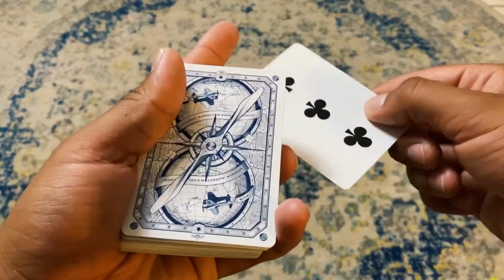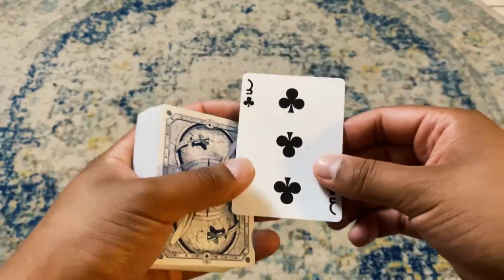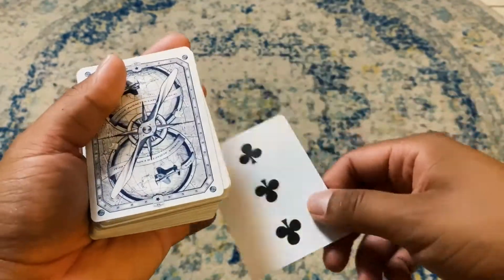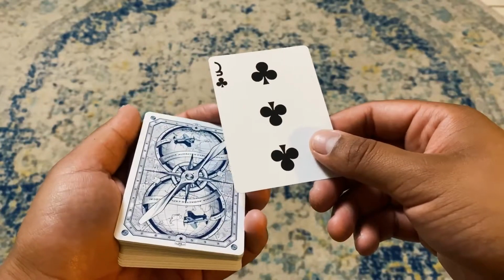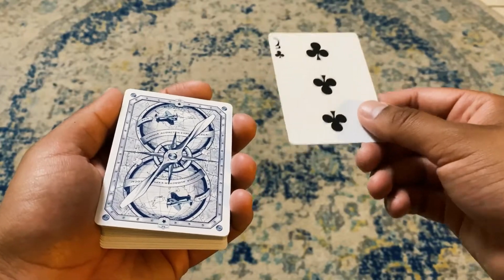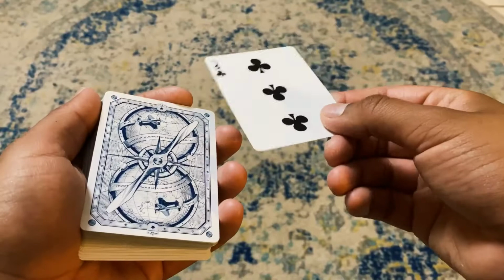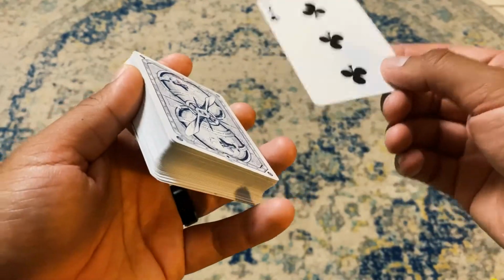some people will know that it's at the bottom. Some people are smart. Laymen are smart. Don't underestimate them. Some people know it's at the bottom. Now, here's why you should not be doing the one-handed cut to clean up, right? So once you give it to them, right, and you're trying to clean up,